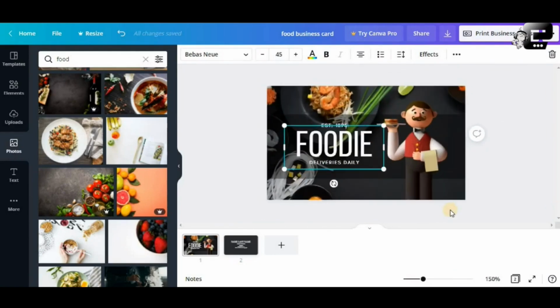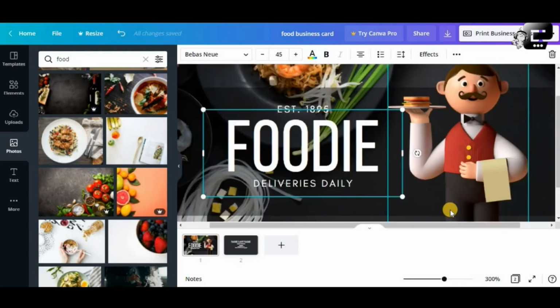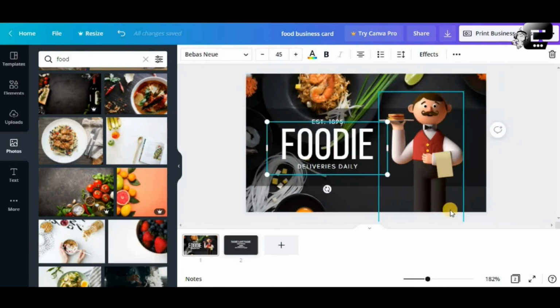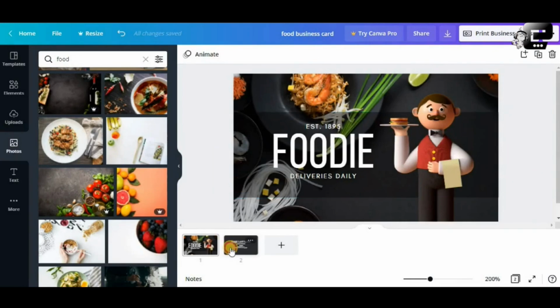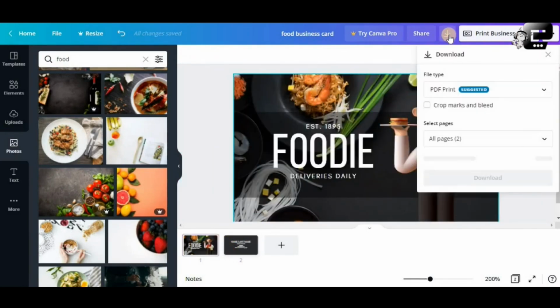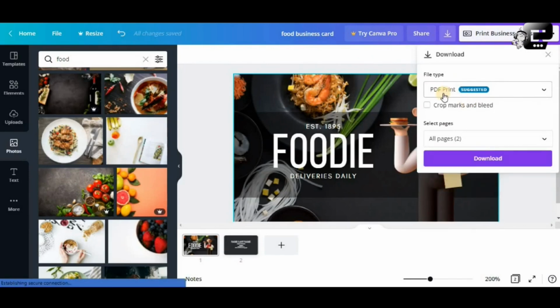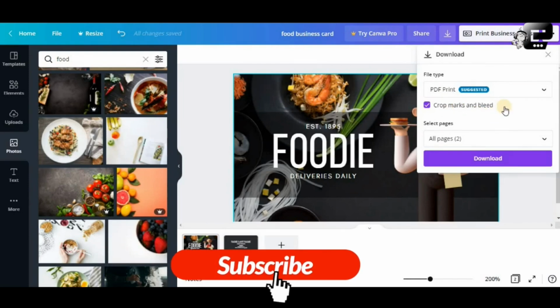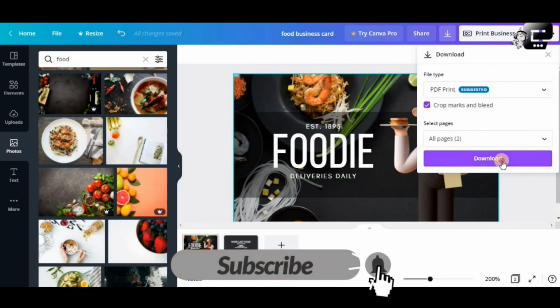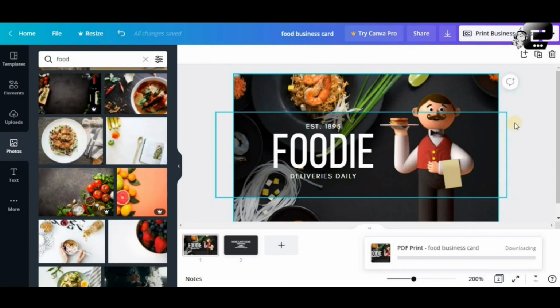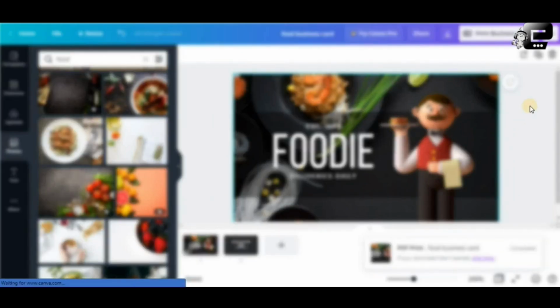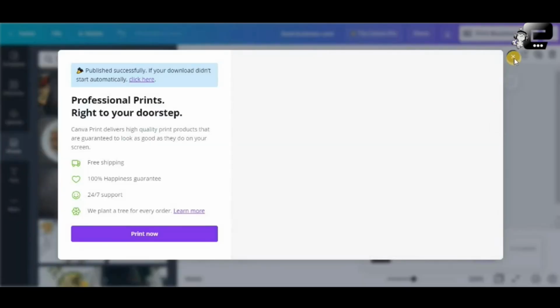Control plus to zoom in, Control minus to zoom out. Alright, that's your file design of the business card. You can download it. Click on the download button here and save it as a PDF print. You can also check on crop marks and bleed if you want to include that on the file that's ready for printing. Alright, so it gets automatically downloaded to your computer.